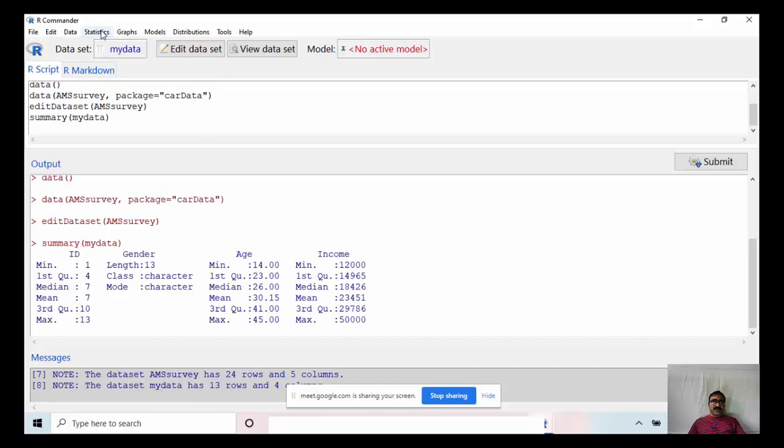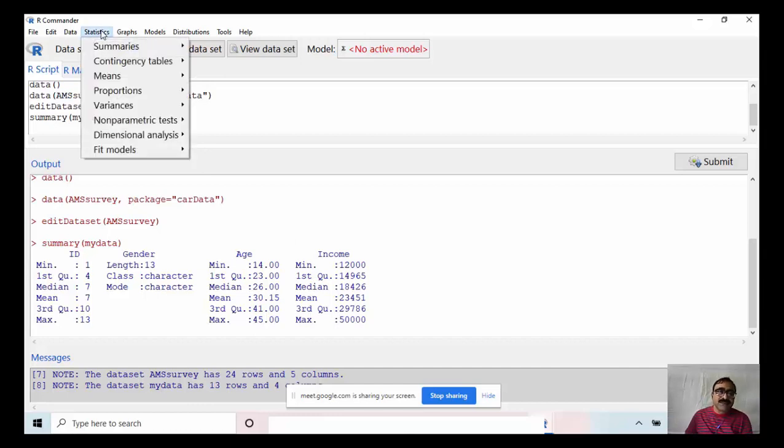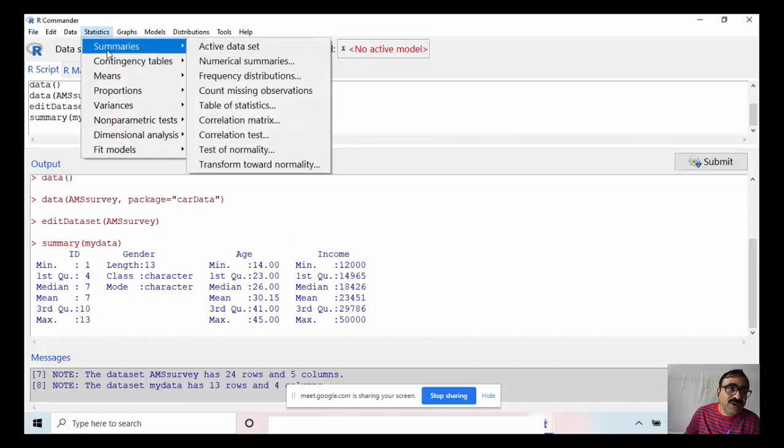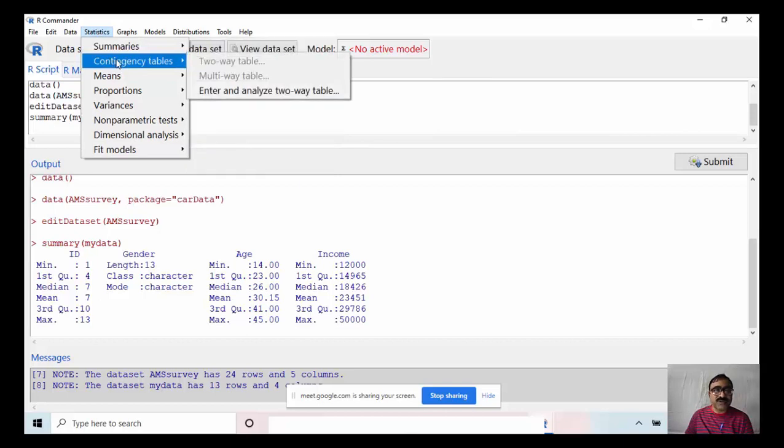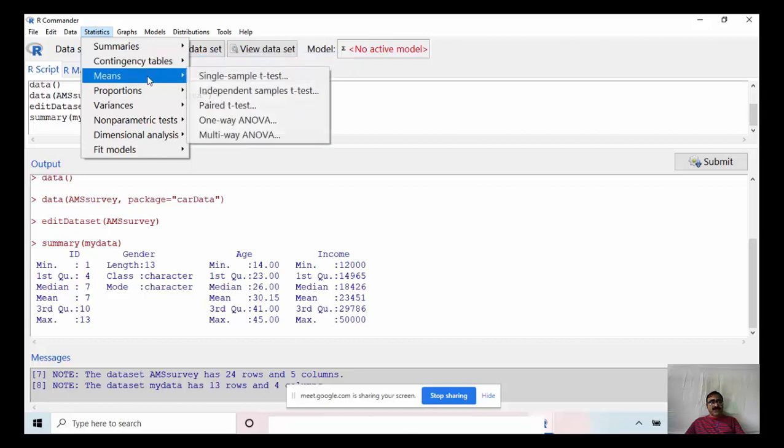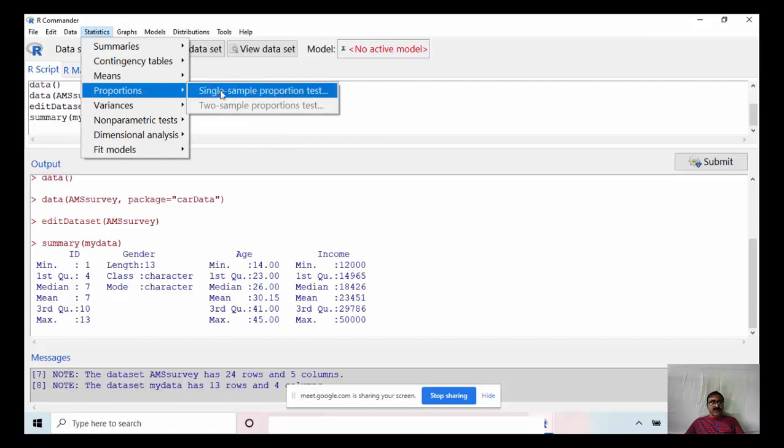So see another advantage of this. If you click on this contingency tables, see here two options. Here there is two-way table, multi-way table, and the third one. This one is open, these two are closed, not highlighted. Similarly, means, these are all shown. Proportions, one is showing in deep, the other one is not highlighted.